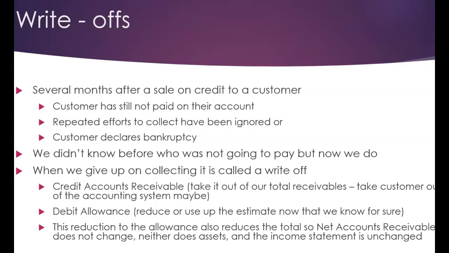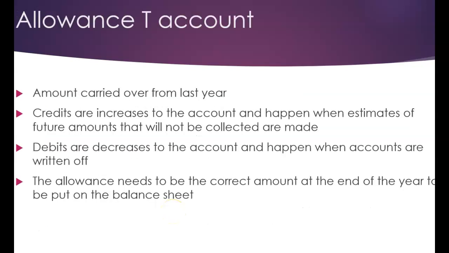So writing it off is going to be removing the asset completely from my books. Creating the allowance is allowing us to incur the bad debt expense, assuming that these potential customers will not pay us. We're using the matching principle, matching the expenses that we've incurred with the revenue that we've generated. Very simple process, but it's another expression of the matching principle. The direct write-off method is not, which is why it is not allowable for GAAP reporting.